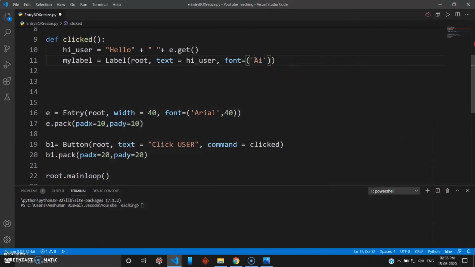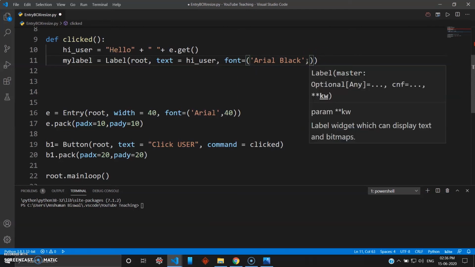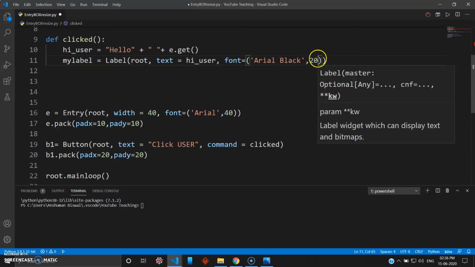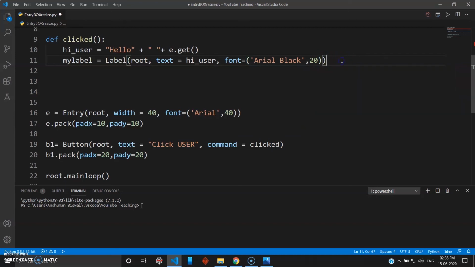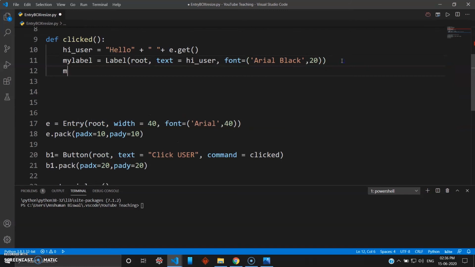So Arial Black, and the font size will be 20. Yeah, let's just give this small because it's a bold font. And so you have done that, close the bracket, and you go mylabel.pack, and packing, again some padding. So pad x 10, pad y 10 as well.